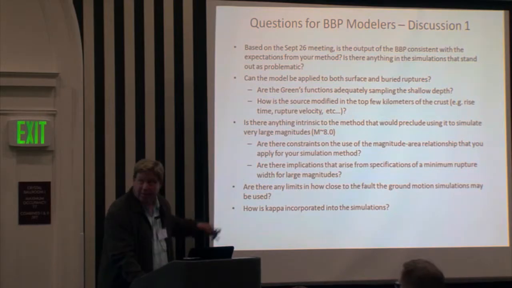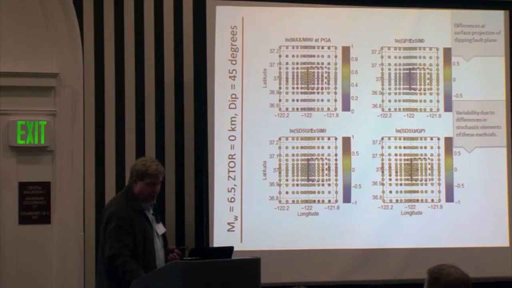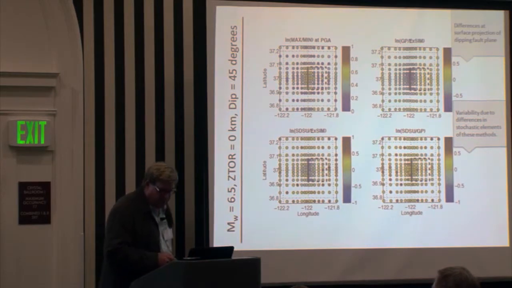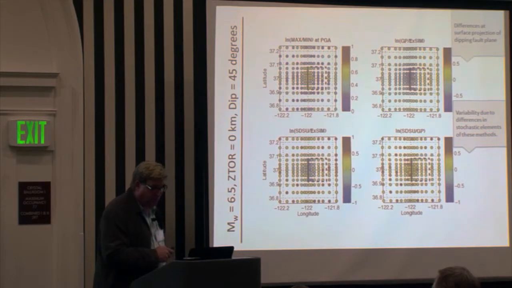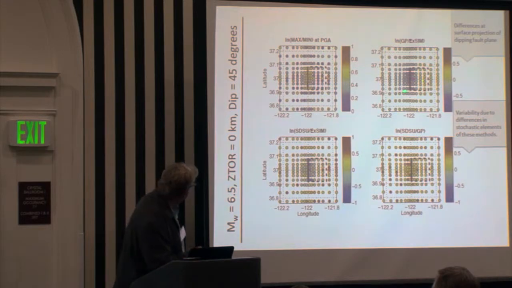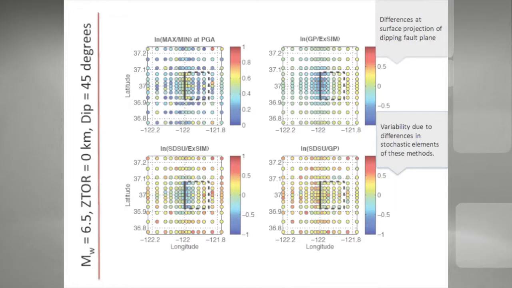So these are the questions. I'm going to skip over that because they're on the screen. And just to partly motivate some of these questions, for example, these are plots that Katie prepared. If we look at the upper right panel, it's looking at the residual between the GNP method and XSIM. And this is for a magnitude 6.5 case with a Z-Tor, top of the fault at 0 kilometers, dip of 45. And what we're finding, and so here we have the surface